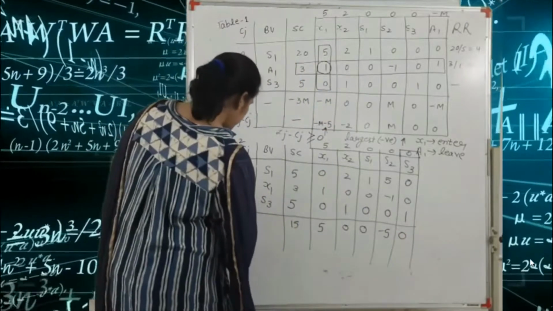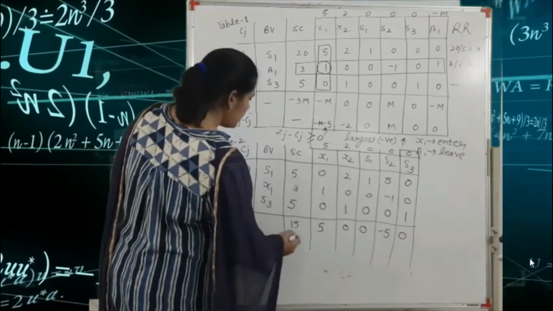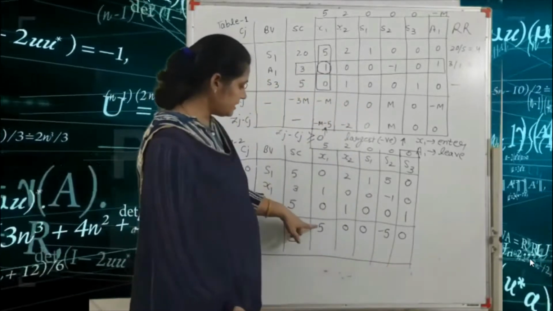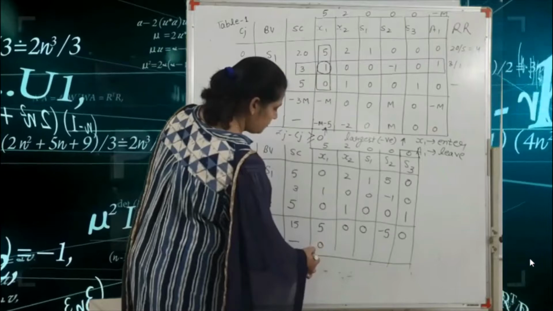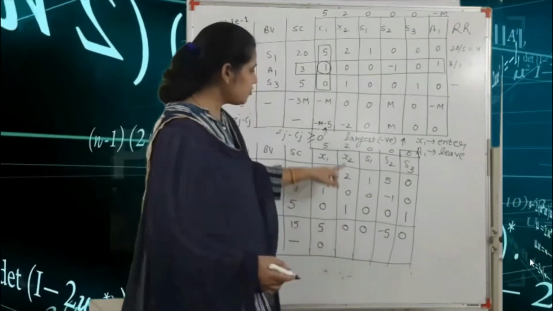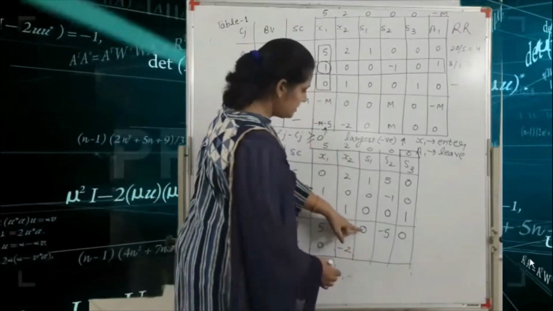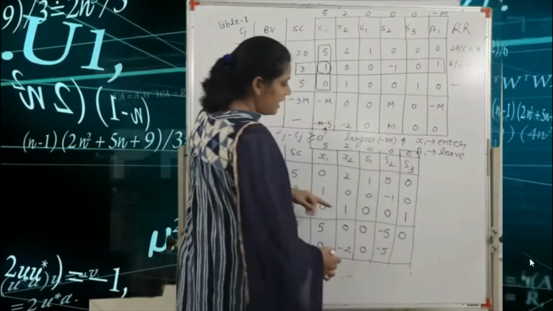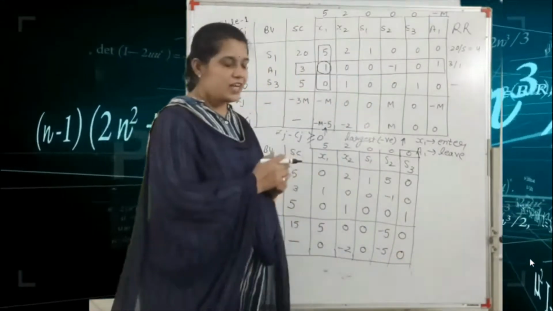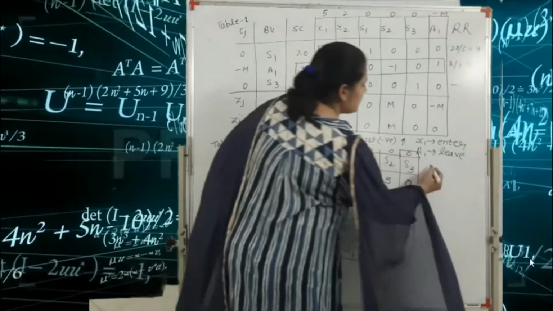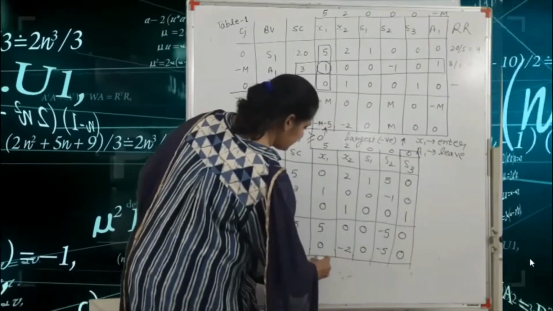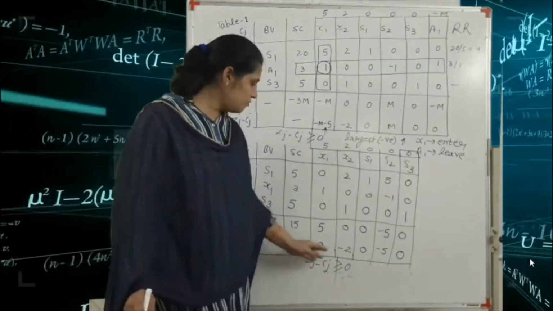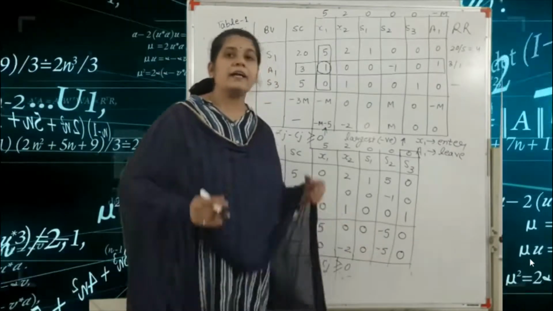After that we find the zj minus cj. First we write the next line. After that, the value of zj minus cj: 5 minus 5, 0. 0 minus 2, minus 2. 0 minus 0, 0. 0 minus 5, minus 5. And 0 minus 0, 0. So again we get the zj minus cj. The condition is zj minus cj greater than or equal to 0, but this condition is not satisfied because there are two values with negative sign, minus 2 and minus 5.